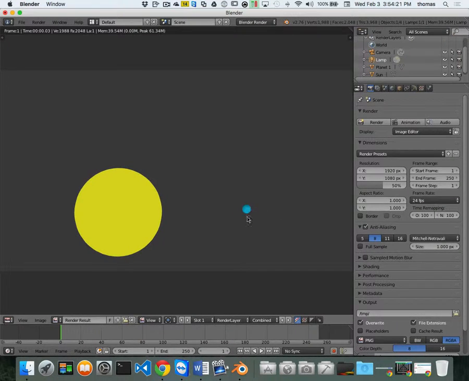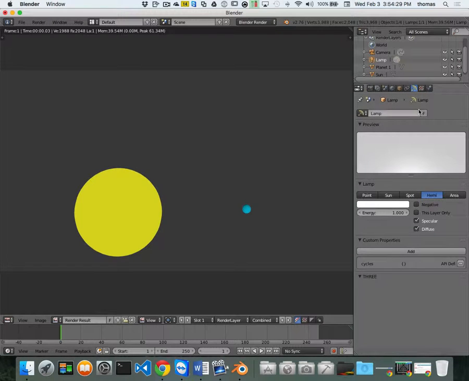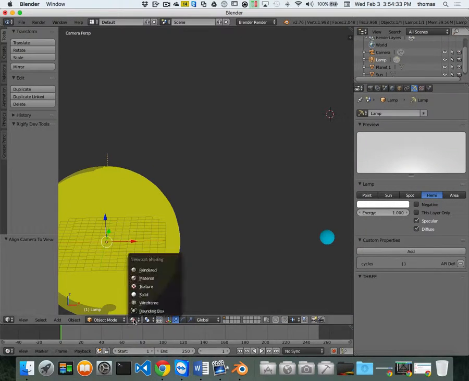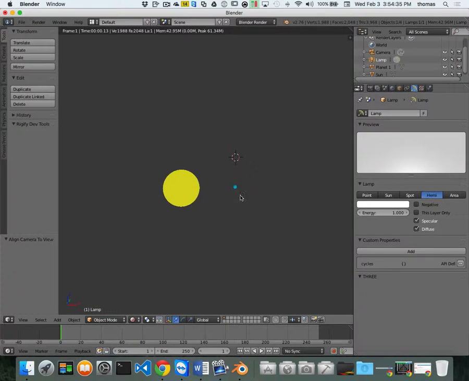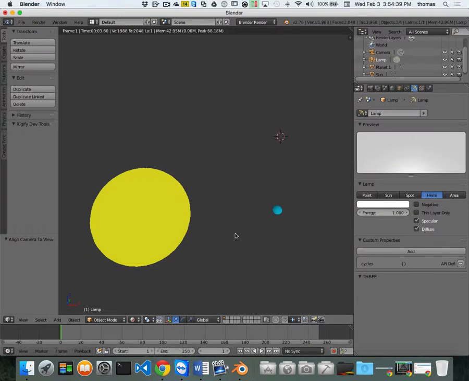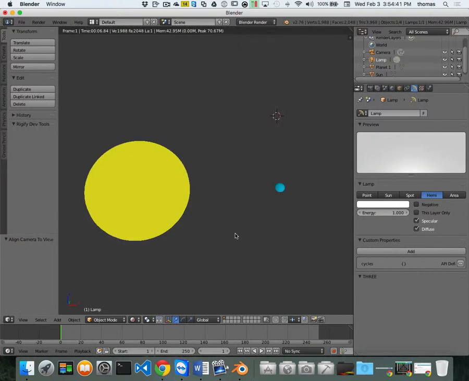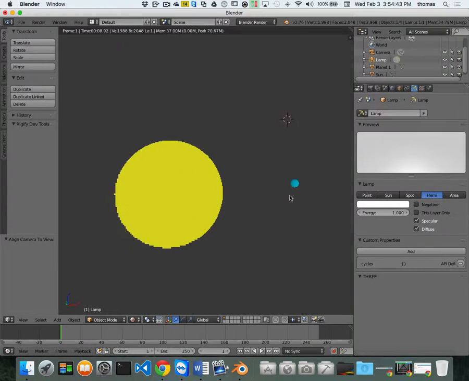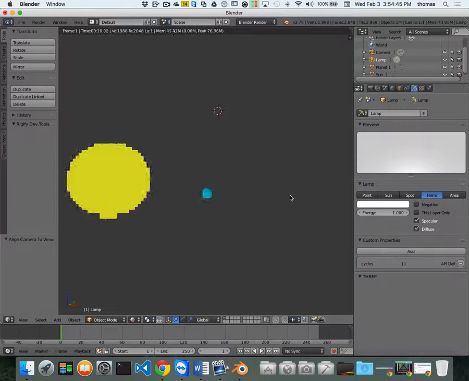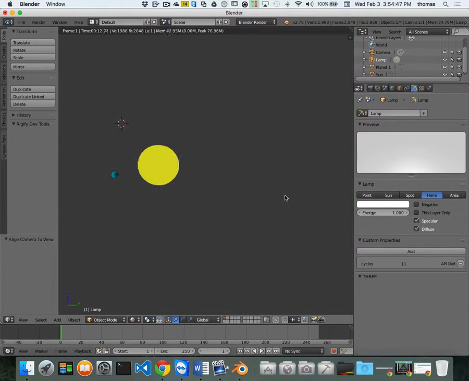You can see I can see the actual planet itself, but there isn't really a lot of shadow with the Hemi. If I change my lamp type, let's go back to rendered mode just as a quick rendering. If I zoom in, you can see what it looks like in full rendering mode. There it is. Notice that no matter where I look at it, my planet really doesn't have